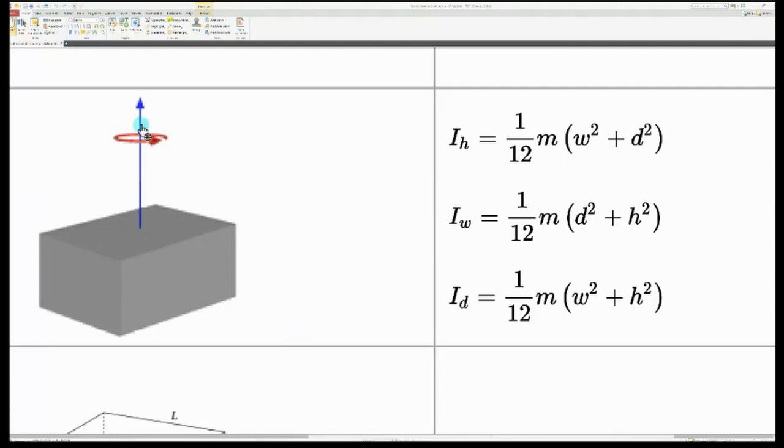So this looks like the Z axis for you. Similarly, the X axis is there, and similarly the Y axis is there. So that is why you have three formulas for the moment of inertia. The moment of inertia about an axis, whether you call it X, Y, Z, whatever name, you can call. But in Wikipedia, they have given it in terms of parallel to the height, parallel to the width, and parallel to the depth. That is the meaning. H means height, right? So this is the height of the box. You will be using this formula, and we will use the same formula in our experiment also.